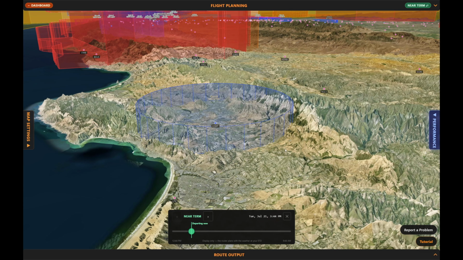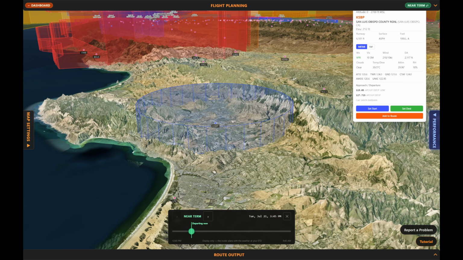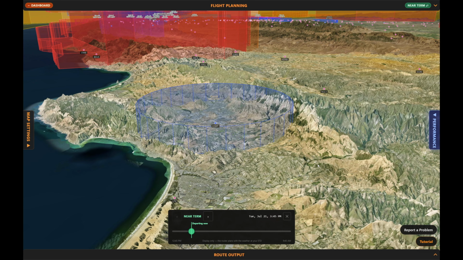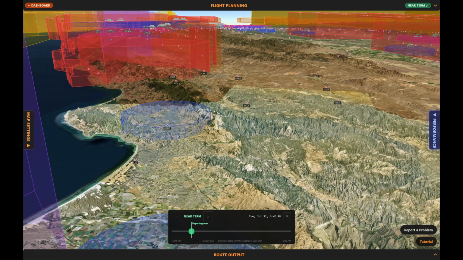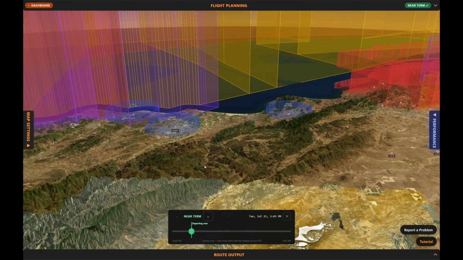I'm the CTO of AviateVFR, and today we're going to be planning a route from San Luis Obispo to Torrance, California. We can simply do this in our 3D VFR sectional using our satellite view. We can click on our departure airport's airspace, get our card, press start, and then we can zoom out and get a lay of the land and see what our potential route might be going over,